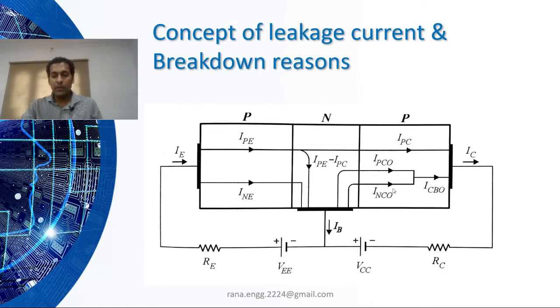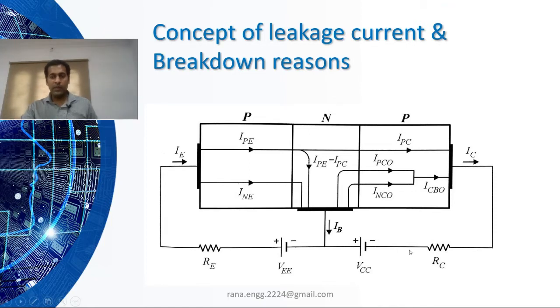Similarly, there will be the minority current. Now minority current plays more role at the output side because it is reverse biased. And these minority carriers at the P side, who will be the minority carrier? If hole is majority, electron will be minority. So minority carrier electrons will go towards the base. Right. So here we get the two currents, IPCO and INCO. It is similar to our IBCO and the previous terms we have discussed.